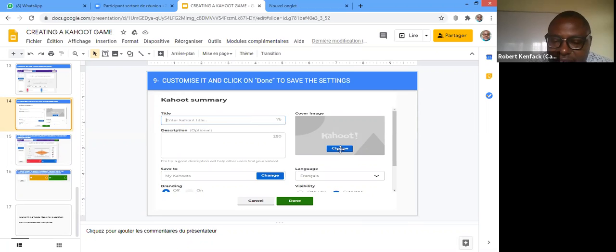And then you click on change to upload an image either from your computer or from